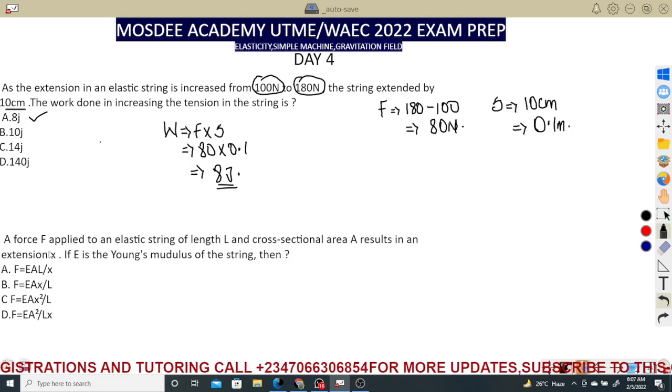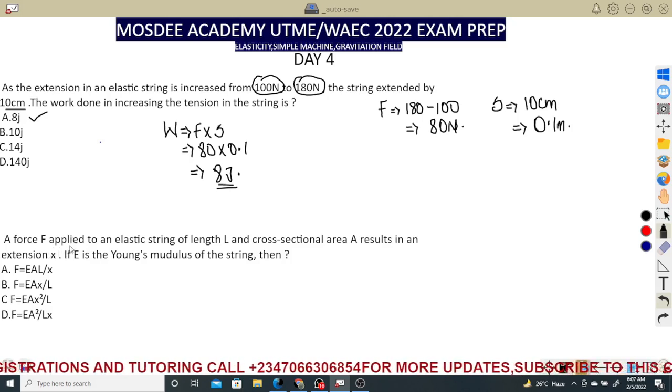Now, the next one says a force F applied to an elastic string